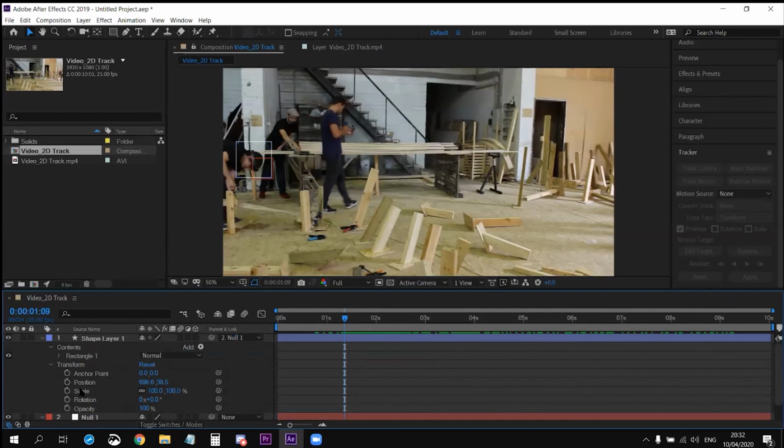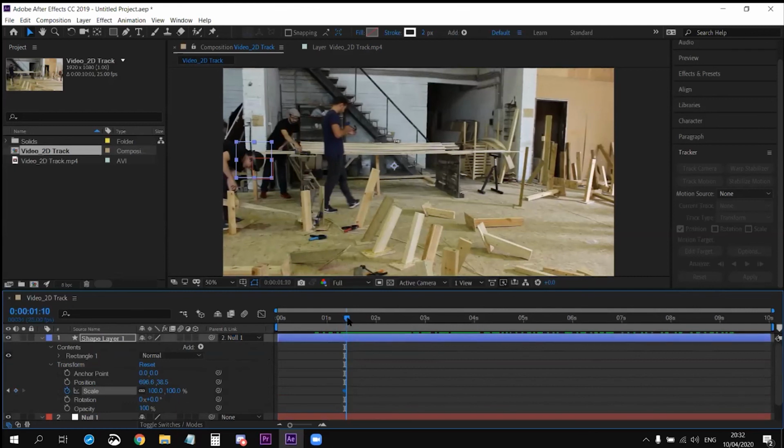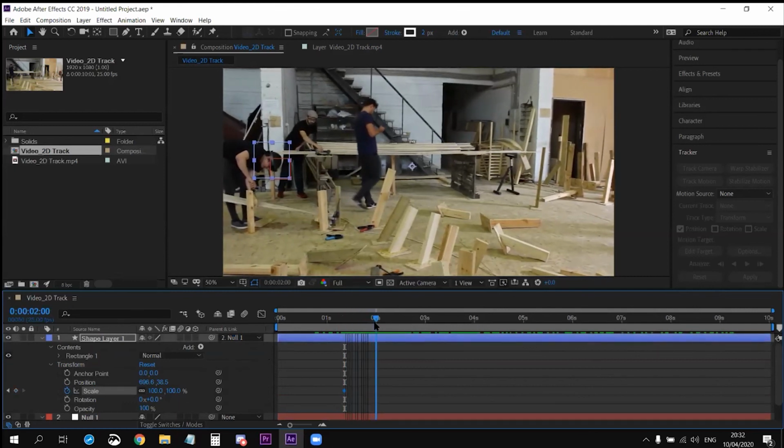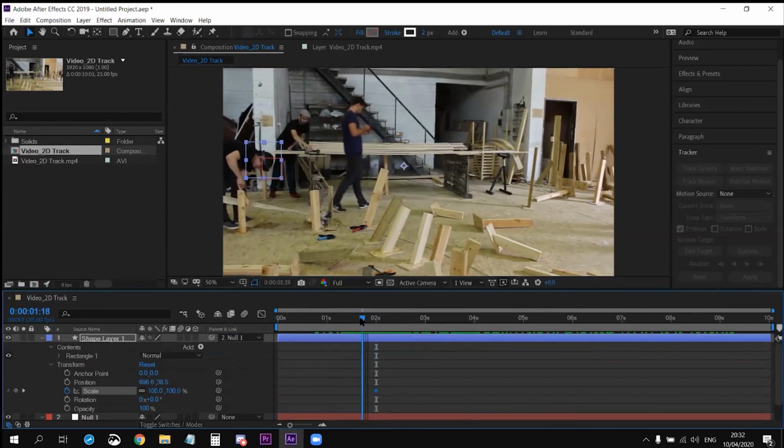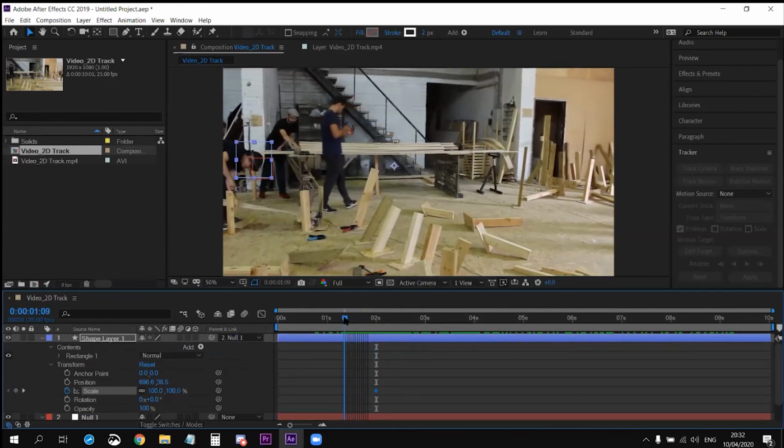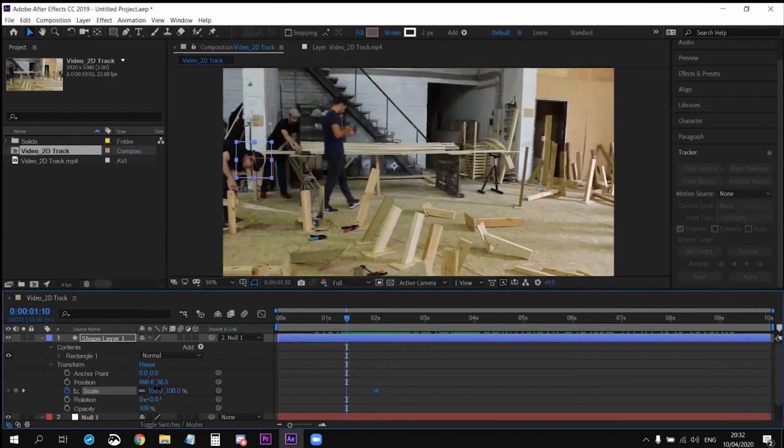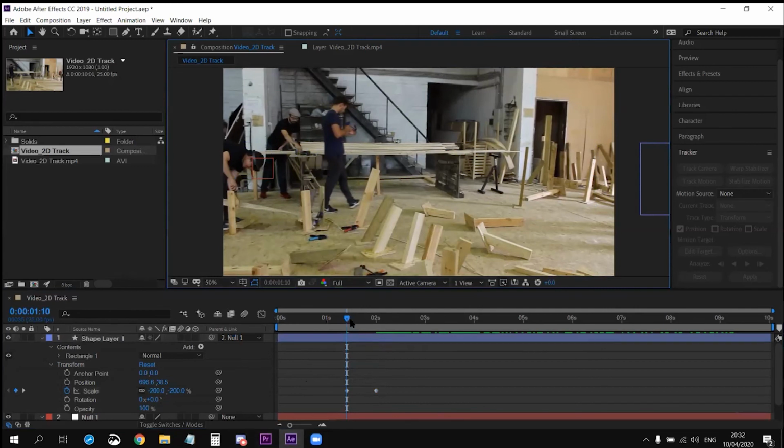So in here, let's change the scale. And maybe, in the end, we're going to make a proper size of the target, maybe from 2 seconds. So bring the time ruler to 2 seconds and press the stopwatch. And then maybe we go back like 10 frames. Let's bring it to 0. So when you play it,